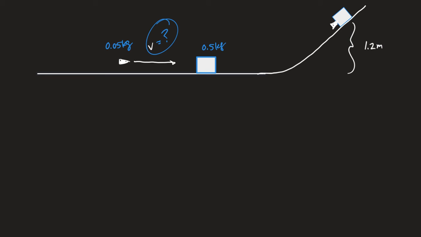I think you should be able to do this. I think it's a two-step process. You need to figure out how fast the block and bullet were going after the collision. I think you have to do that first from conservation of energy, and then run a collision question. Try it. See if you can do this problem. In the interest of time,